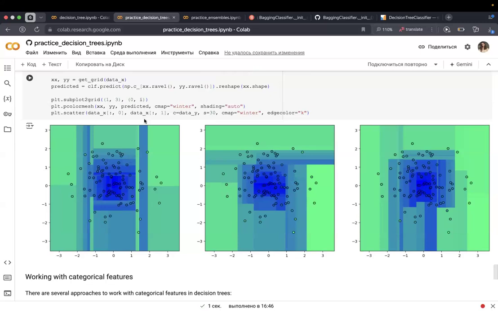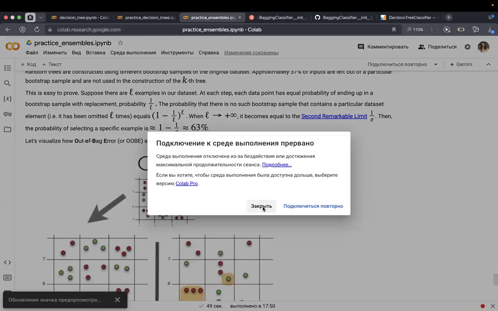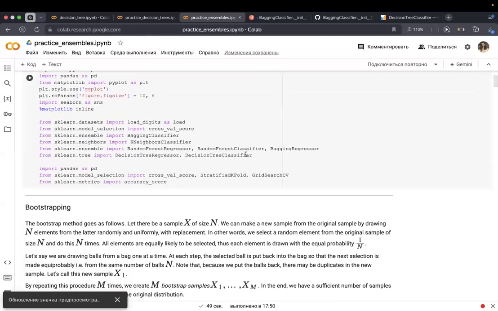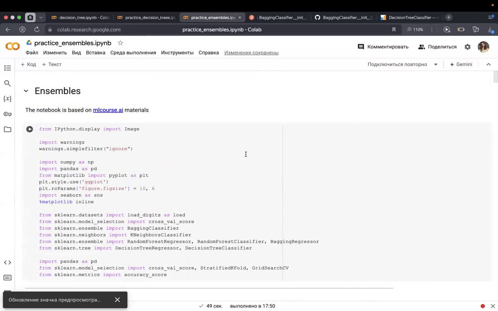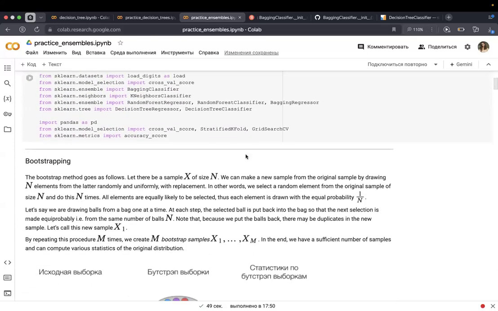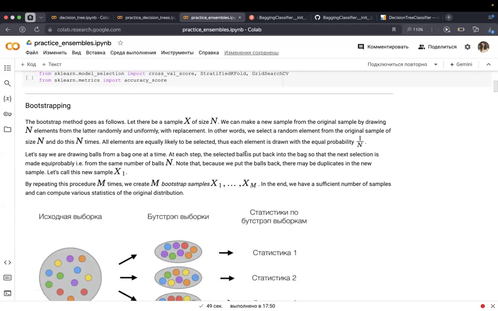It's a really simple conception. Okay, maybe you don't know about ensembles. What is it? Let's try to understand it